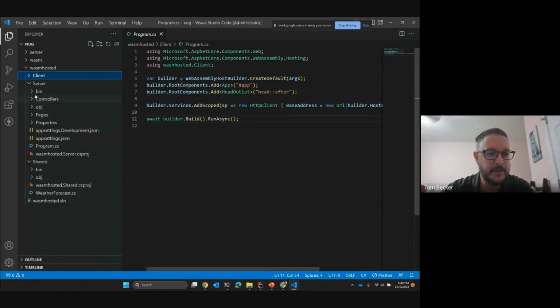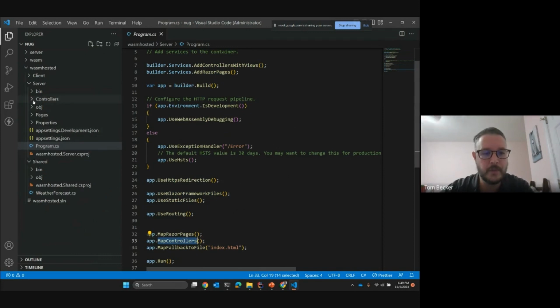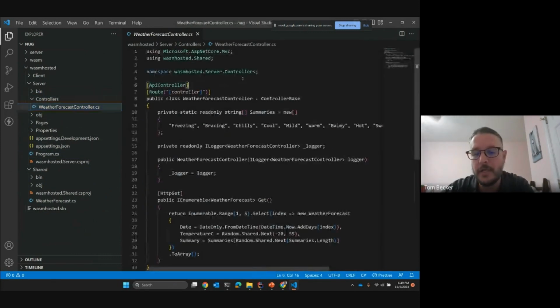The change is on the server. So the server does still a lot of things. It adds the Razor pages, it does some Blazor framework files, but also maps controllers. So what this does is create a web API controller that's exactly the same as any web API controller you've done before. So the hosted model works very well if you're doing a ground up, brand new greenfield development, and